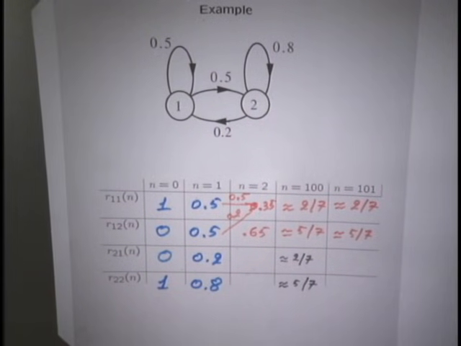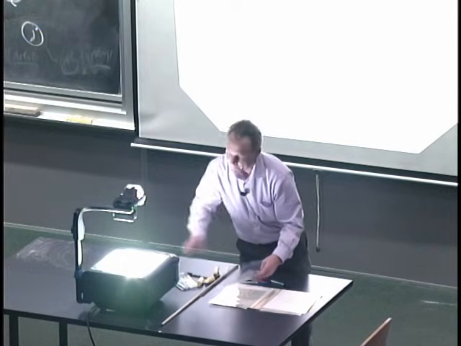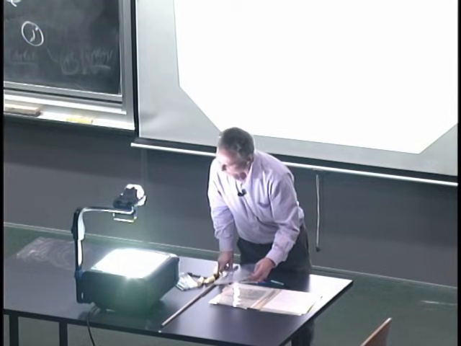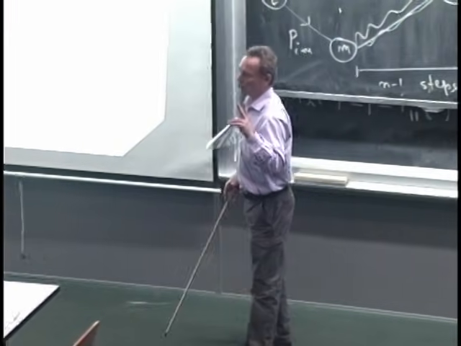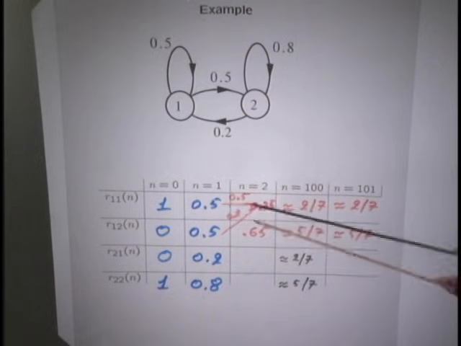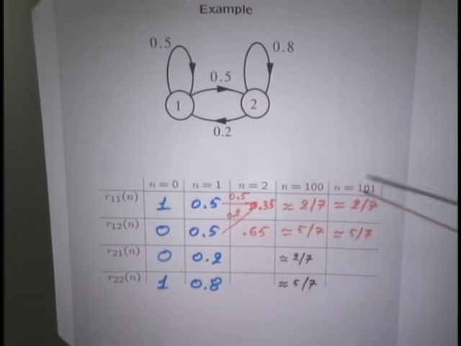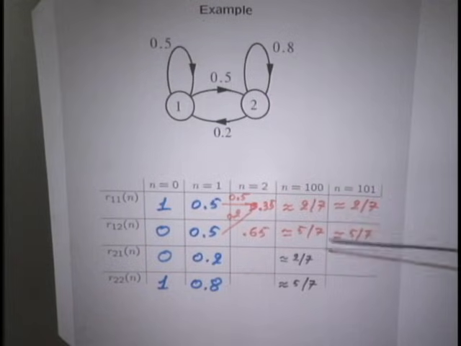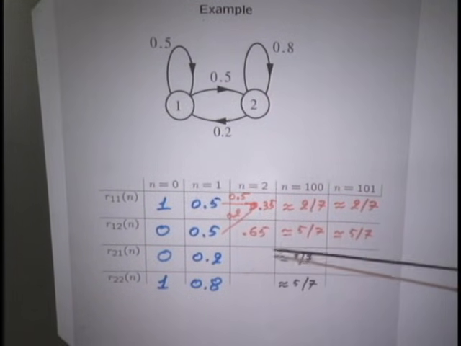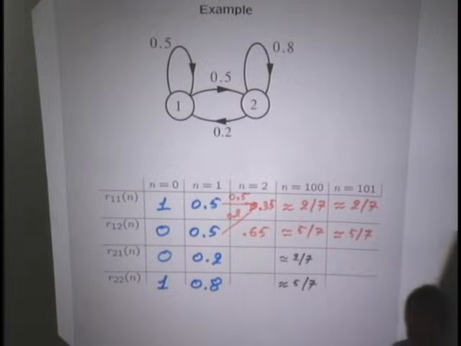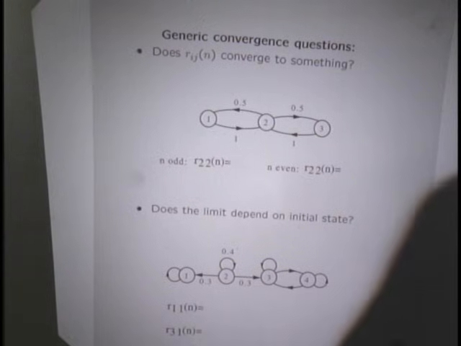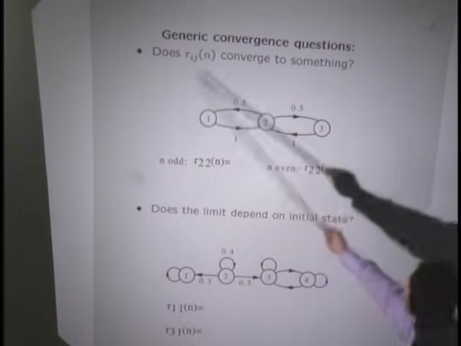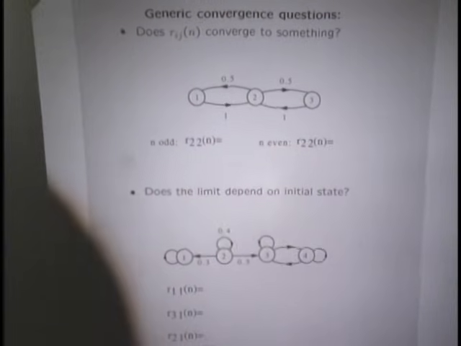So there were some really nice things that happened in this example. The question is whether things are always as nice for general Markov chains. The two nice things that happened were the following. As we keep doing this calculation, this number settles to something, the limit exists. The other thing that happens is that this number is the same as that number, which means that the initial state does not matter. Is this always the case? Is it always the case that as n goes to infinity, the transition probabilities converge to something?